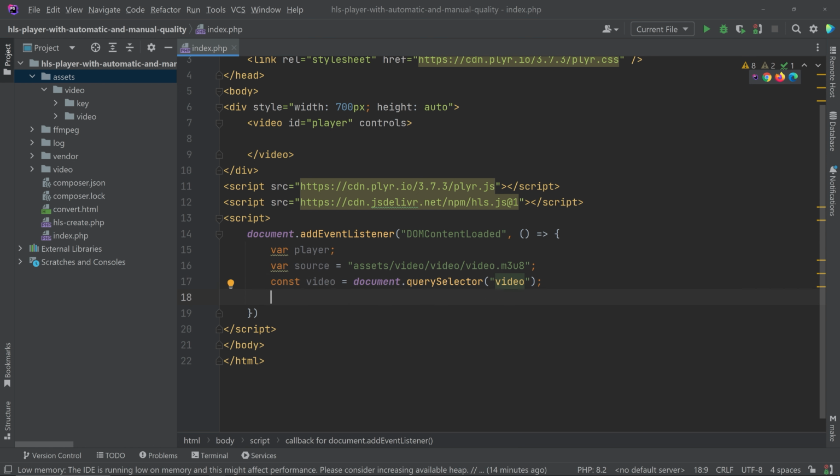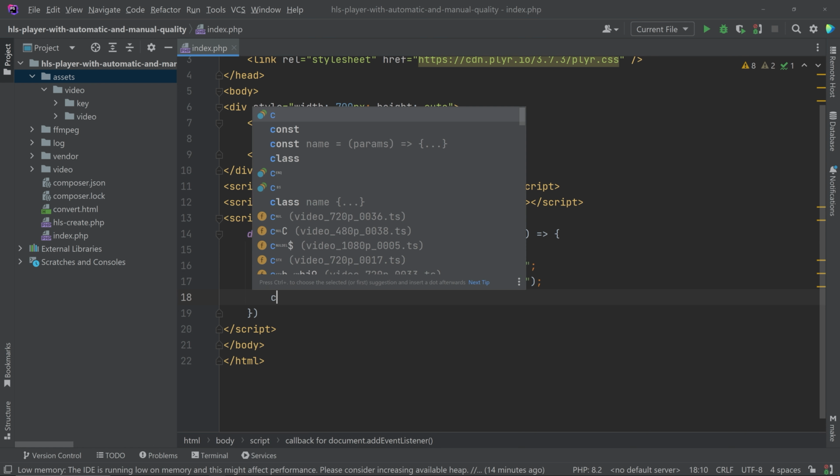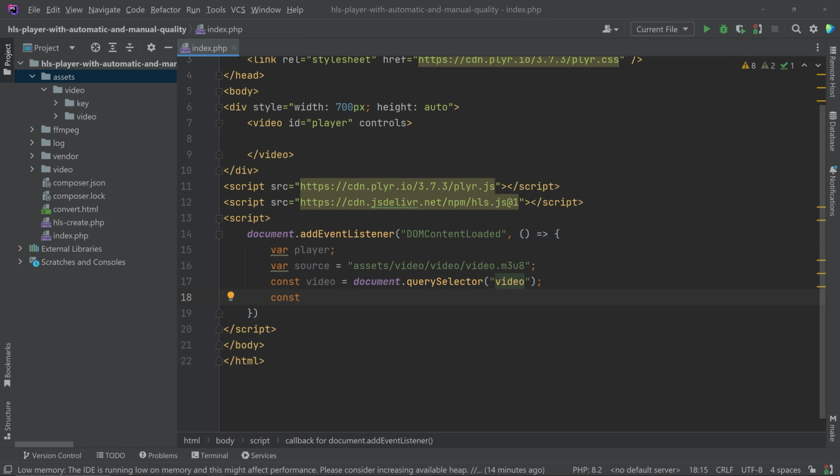And after that, we can create a constant for the quality options. That is the default options. We will be adding the quality to that. So I will show you after this. So let's create a constant defaultOptions equal to, open the curly braces,